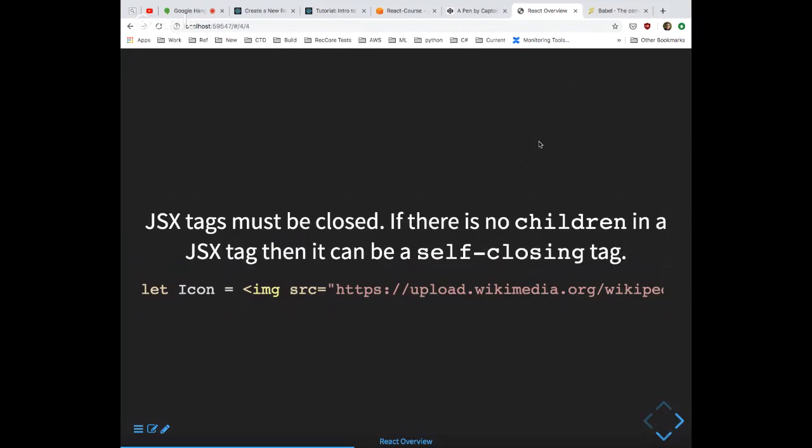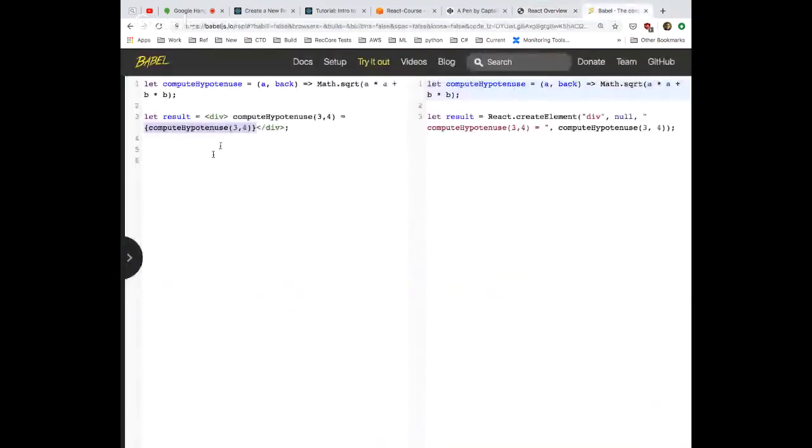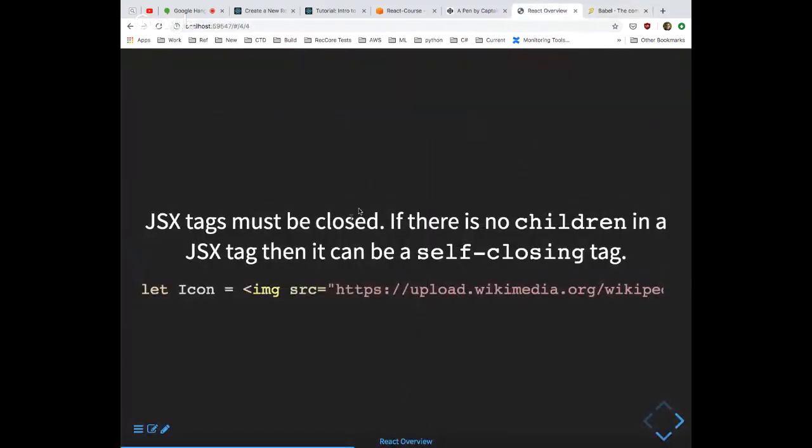One important thing that's different than HTML, at least most versions of HTML, is JSX tags must be closed. What that means is, if we go back here, you've got an opening tag and a closing tag, this /div. So JSX has to be closed or it's going to be invalid and it won't be able to evaluate it. A lot of times in HTML, your browser's smart enough to deal with invalid stuff where you didn't properly close it. But that doesn't mean that you have to always have content, because